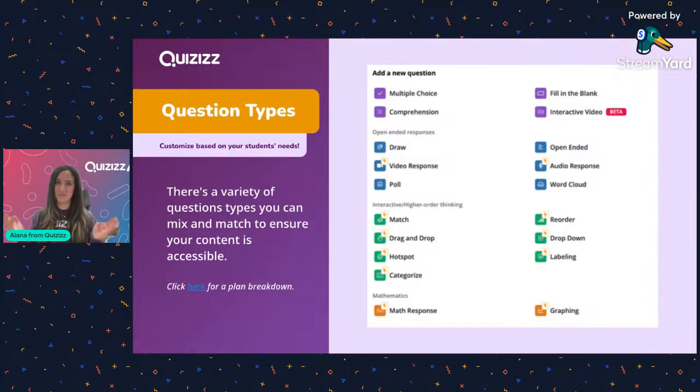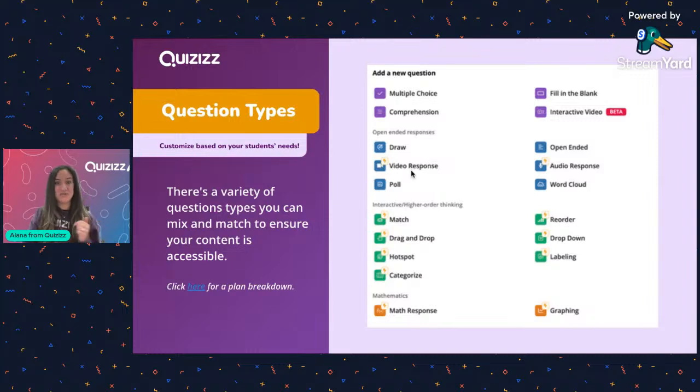But our question types, if you've been using Quizizz for a long time, like our accommodations and AI Enhance, those are relatively new, but we've always had a variety of question types, which are so awesome because they really help make sure that your students are able to demonstrate their knowledge of the content, right? So maybe some students feel more comfortable drawing the answer to a question, or maybe you want to allow them to give an audio response, which we did earlier with Mel and Alex.